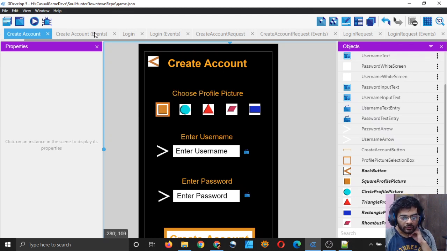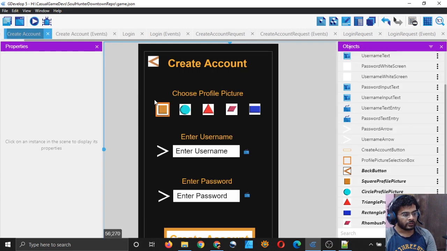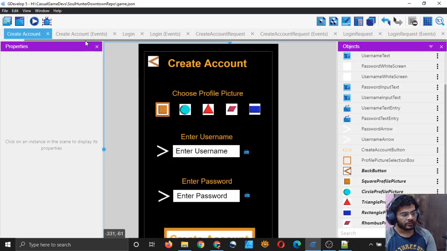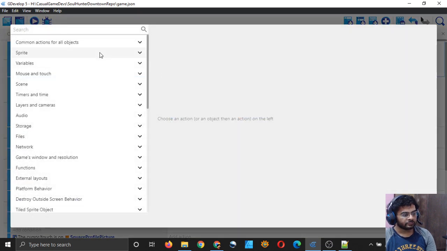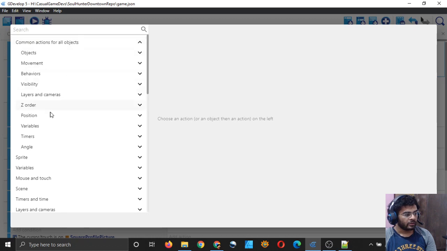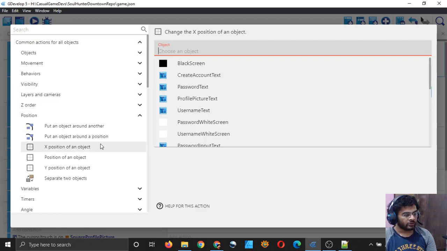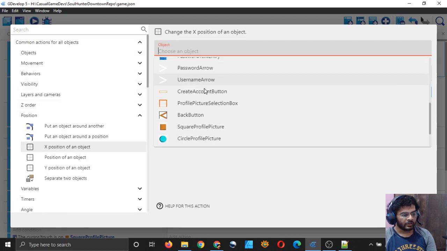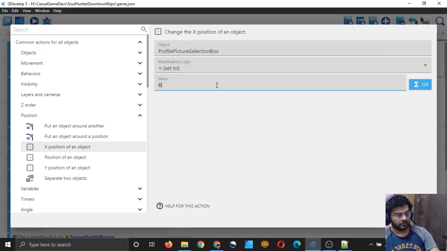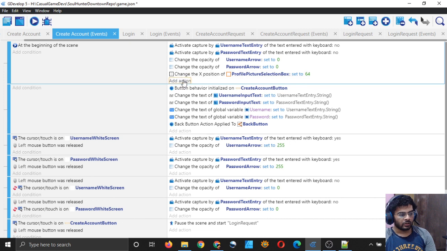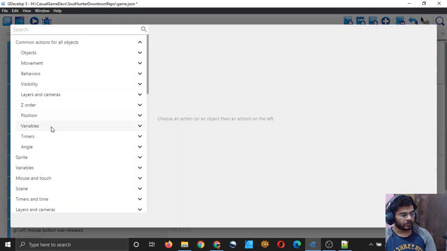So I think I should explicitly put the box over there, 64 and 287. So at the beginning of the scene I will add an action, objects and position, x position of an object. My object is profile picture selection box. X position should be 64 and OK, and the y position for the same object